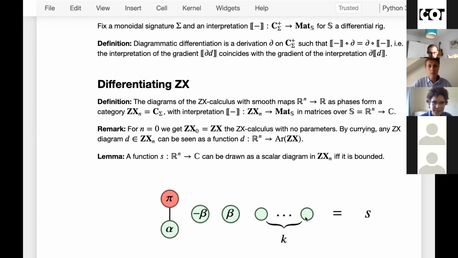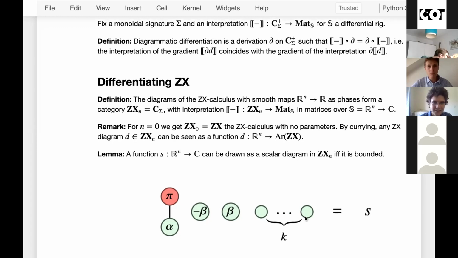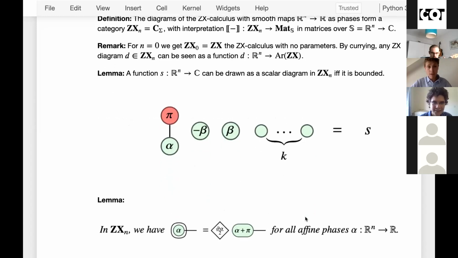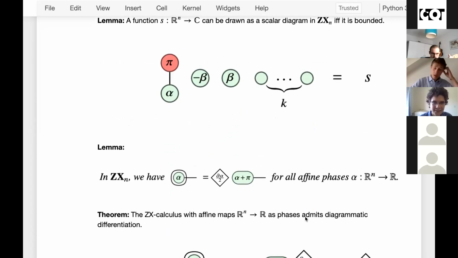And the other way around, if I take any diagram, there's going to be some bound on how big the value gets with respect to the parameters. Okay. So that's a little technical lemma. And then from this, we can show that if we take affine phases instead of arbitrary smooth phases, then ZX